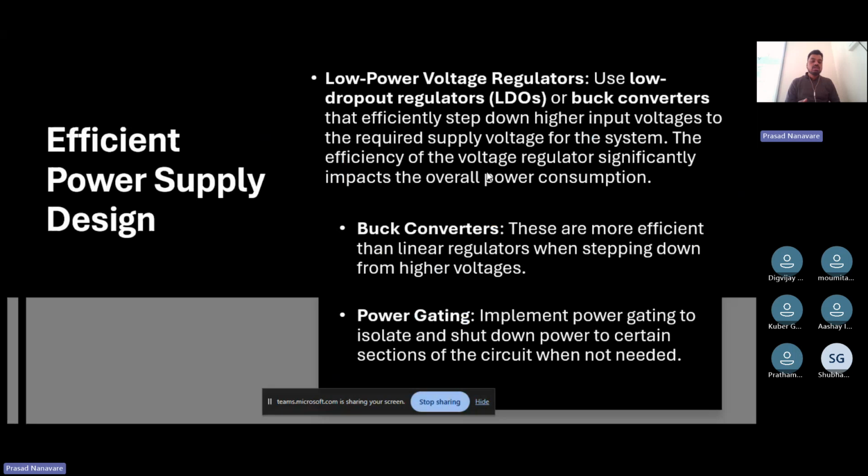So efficient power supply design में low power voltage regulator, dropout regulator. So what is a low power voltage regulator? It says low power low dropout regulators. It means that a voltage regulator is something, if you're designing a power supply, if you ever designed a power supply,